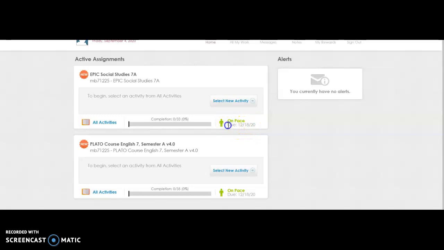So it tells you when this class is due. This class has to be finished by December 18th, so before we go on winter break. And you can see that this is social studies. Down here we have English. And if you click on all activities, you'll be able to go into that class and see what's there. So if we click on that,